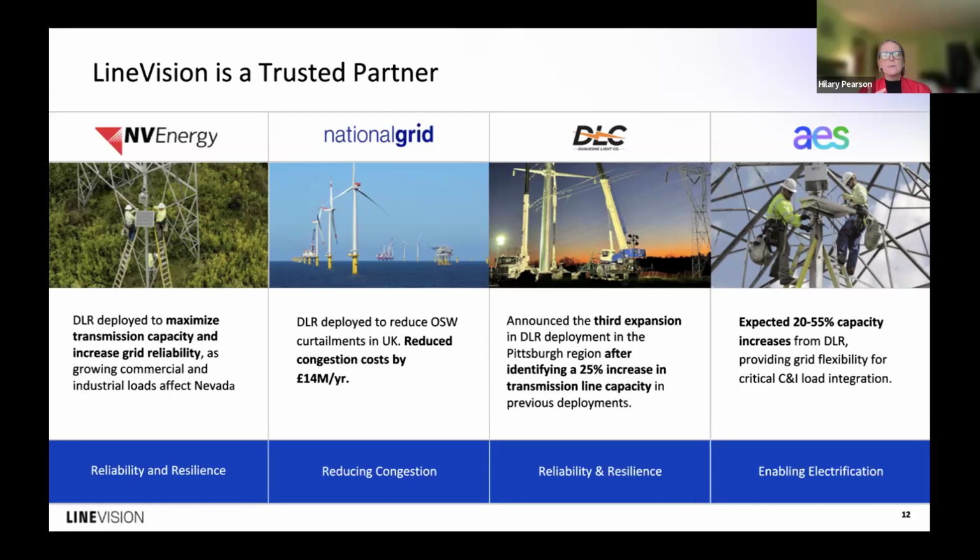And then, last, recognizing that grid enhancing technologies, dynamic line ratings very much are an "and" solution to building new transmission, but that building new transmission tends to come with a lengthy timeline. I think there's interest in using tools that help to demonstrate that existing assets are being used to their fullest potential, and that tools are being used to squeeze the most out of what exists as utilities also look to build new infrastructure. So as you can see, some of the percentages noted on this slide, just to help contextualize